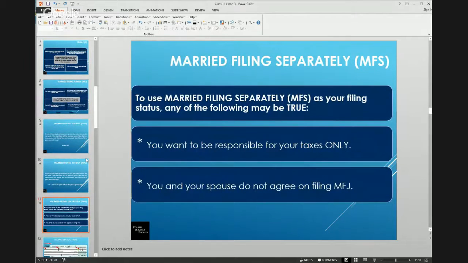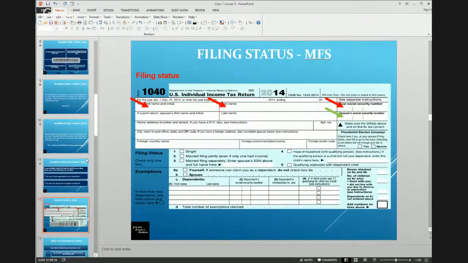To use married filing separately as your filing status, any of the following may be true. You want to be responsible for your own taxes, and you and your spouse do not agree on married filing jointly. If you are filing married filing separately, the way the tax return is completed is to complete the spouse's